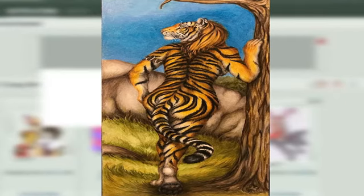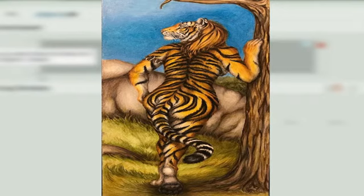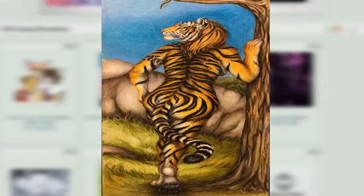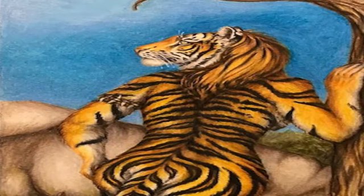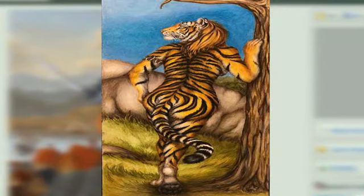Another piece from Tirika that displays a gorgeous mix of both beauty and strength, as well as a sense of patience and alertness. Here we see a tigress carefully planning out her next move. While the anatomy is arguably a little too large in a not too noticeable area, it's both the pose and